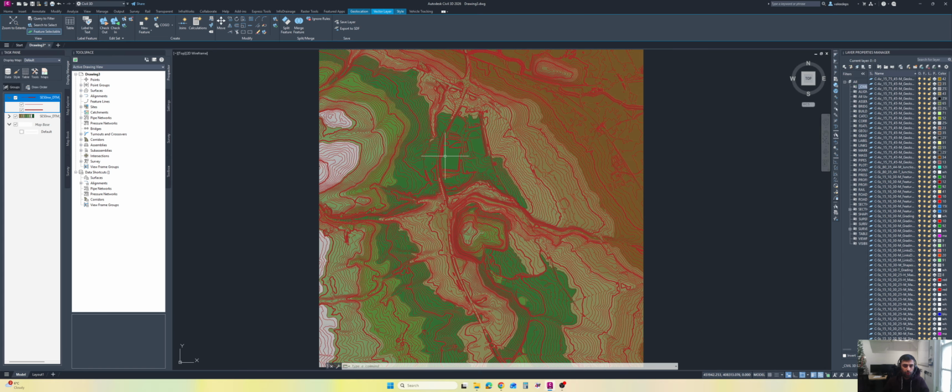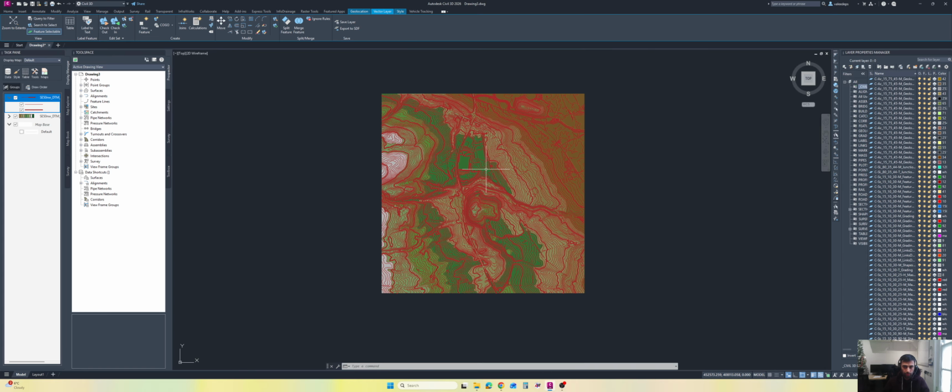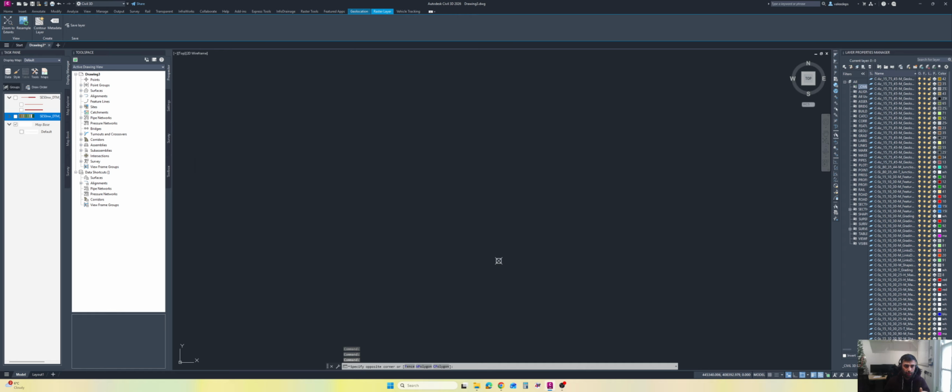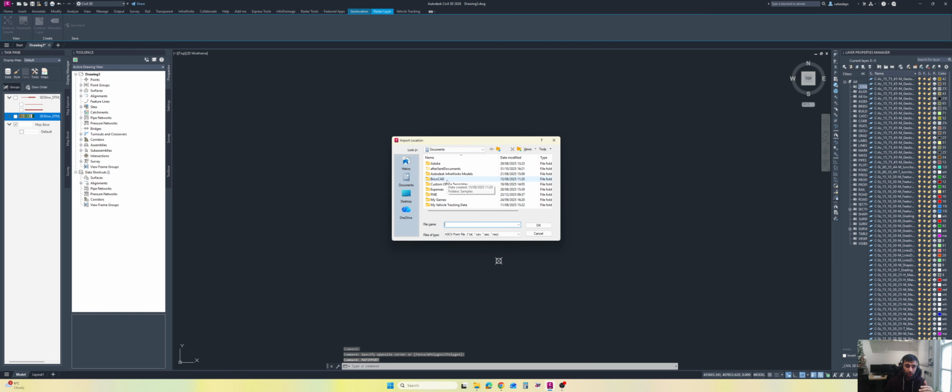So now you have this geotiff image, and then you have the contours from it. I am going to just switch off this one. We are going to use the command map import. Actually, we want to create the surface from these contours, like our own surface in the drawing. So this is the reason what we are going to do. So map import, and